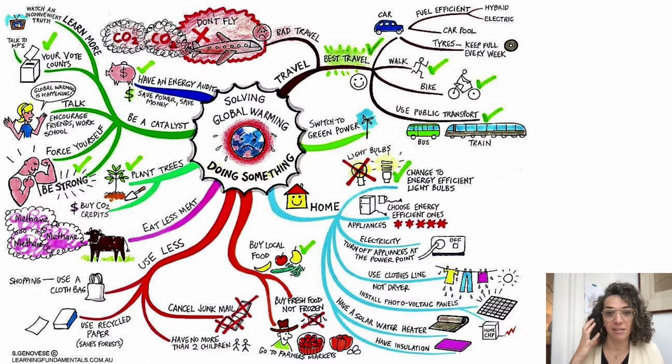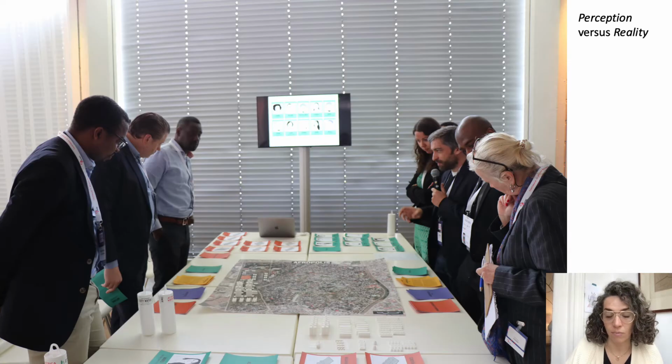This is somebody's idea of things that could be done to address climate change. And all of these relate to this central node. They're about someone's knowledge and understanding of an issue. And fuzzy cognitive maps are actually similar to this in some ways. So we can think of it like this. Perception is a lens through which we view reality.